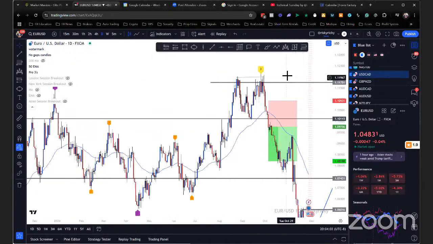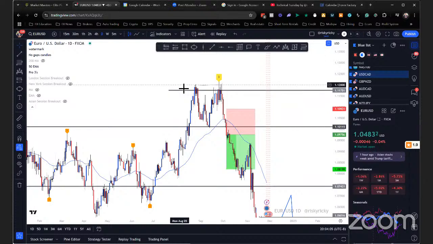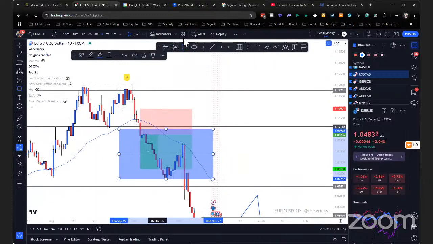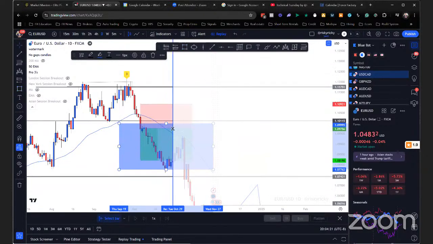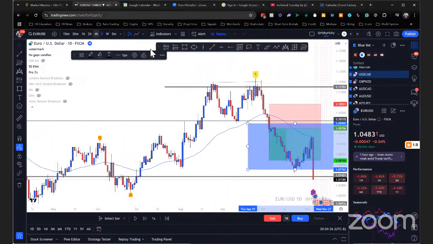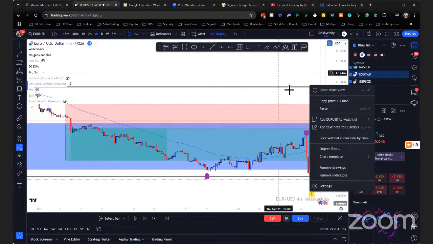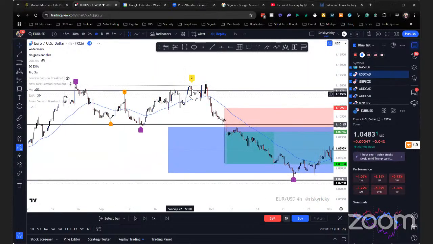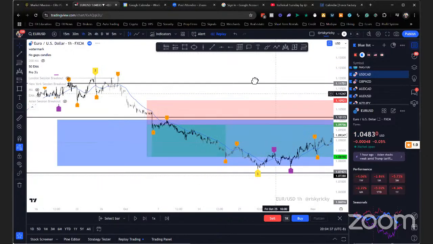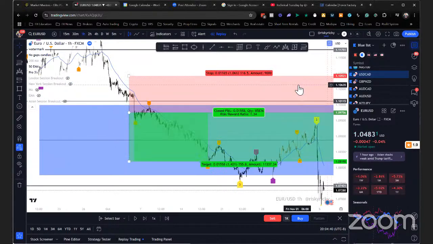To catch moves on the daily is going to be harder, but you don't have to catch this entire move, this entire short position. What you could do is treat this as a sell area, where you go down to the smaller time frame. So I'm going to do a replay back into these areas and go down to the 4 hour. On the 4 hour, we have the three up here. Let me go down to the 1 hour. The 1 hour is where I like looking for more intraday setups.